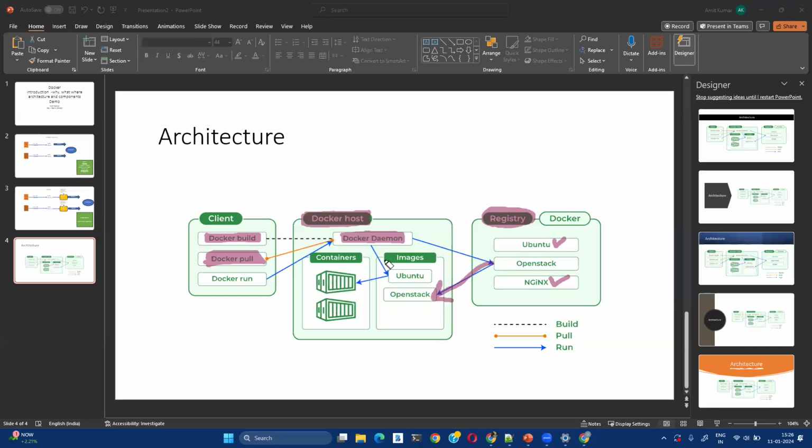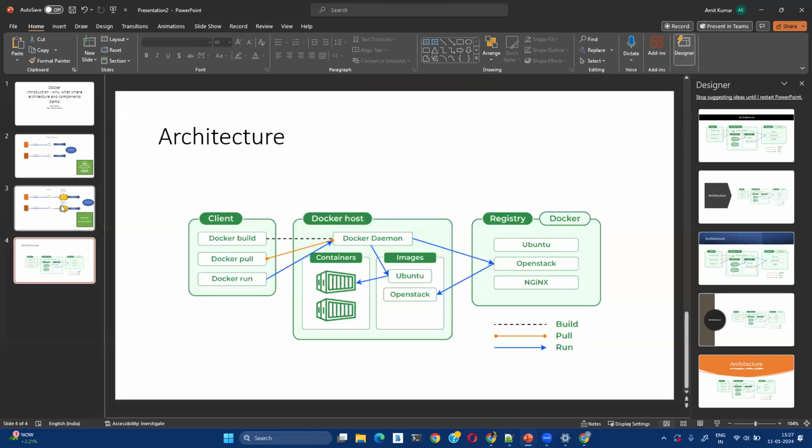And once an image is downloaded on the local machine, then you can run the application by using the run command. I'm going to show you a demonstration of all these commands. If it is too much to remember, it's fine, right? So this is what happens in Docker,